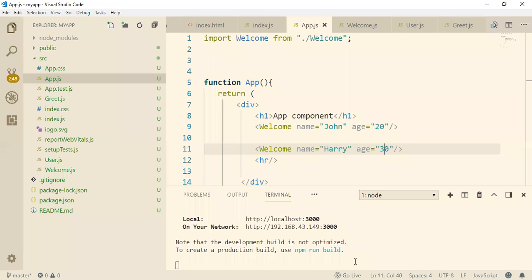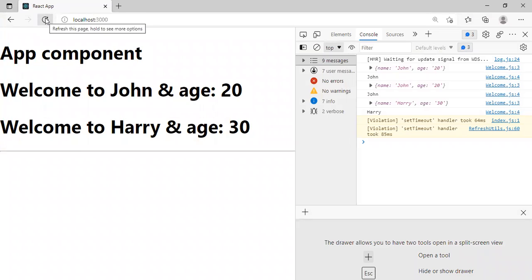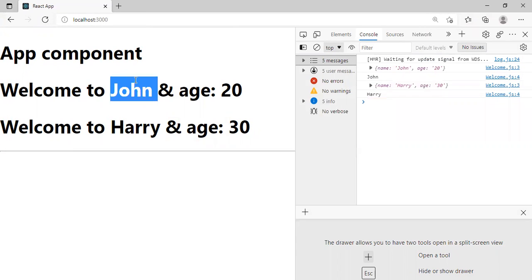Now run it and check here. Welcome to John, age is 20. Now Welcome to Harry, age is 30. So you can populate the Welcome component any number of times inside the App component.